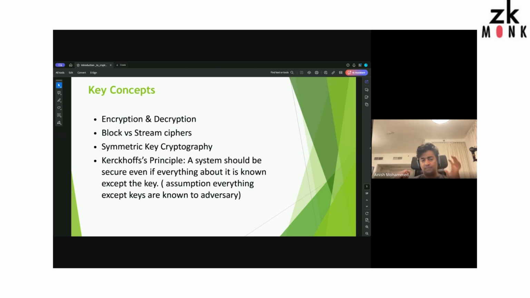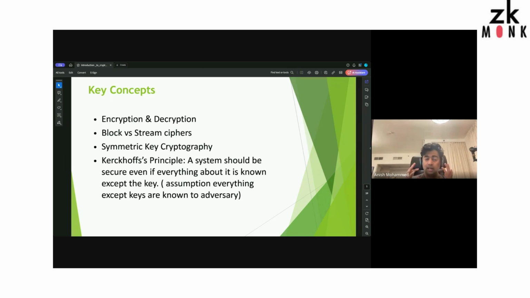So, if you have a plain text, the key, and then the encryption mechanism. So essentially, you have a plain text, an encryption mechanism, a key, and you get a ciphertext, right? So this is encryption in that sense. Decryption is like you have the ciphertext, the box which does decryption, which is the algorithm, and you put in the key, and then you pump out the decrypted text or the plain text.